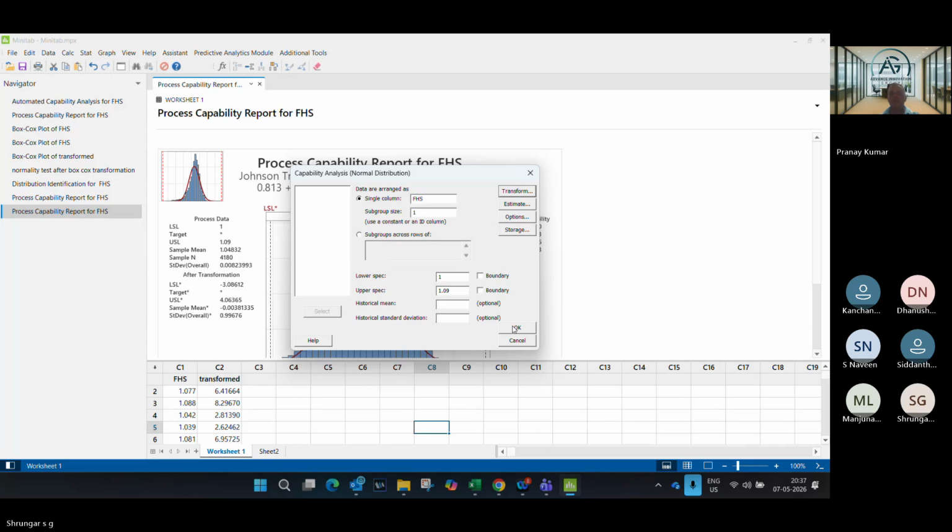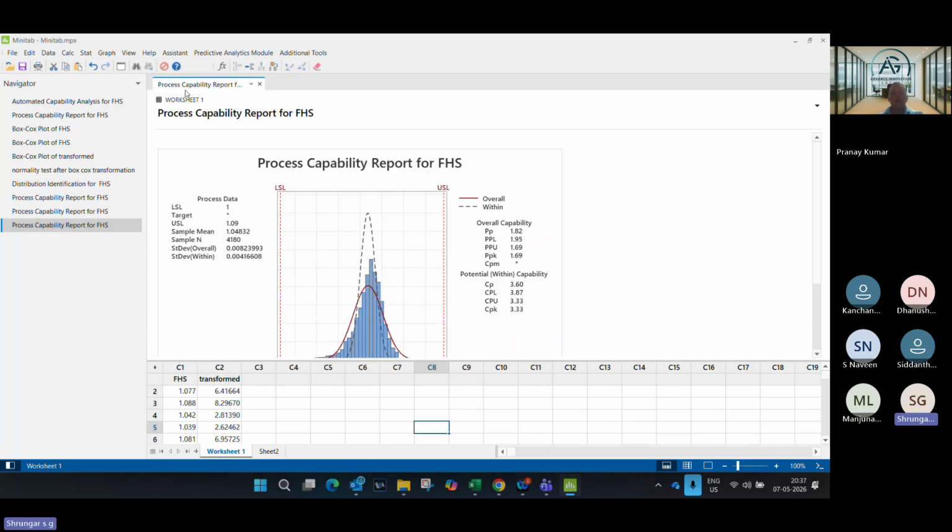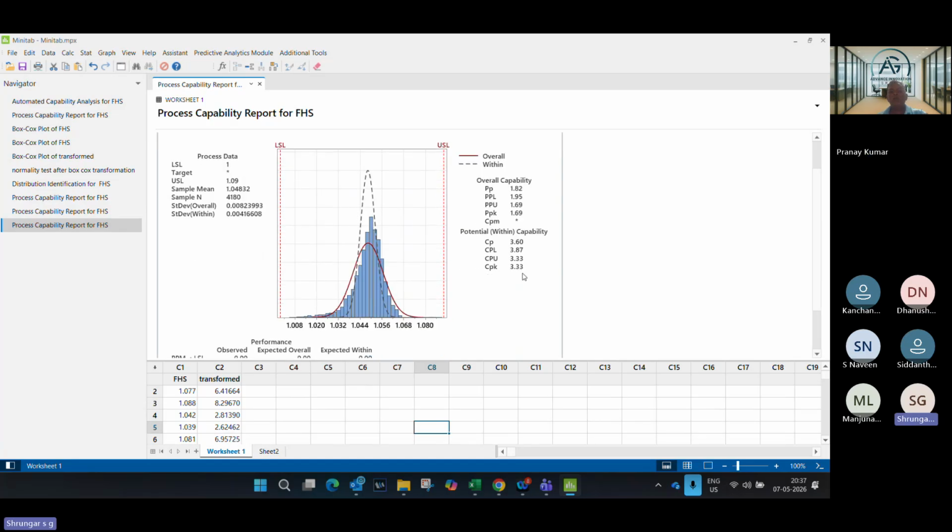If you do it by considering no transformation, it will give like this, sir. The CPK is 3.33. This is not the right way of doing it. The Z value formula will work only when data is normal, so you cannot do that. It is inappropriate. We will have to talk with the customer. The only way to improve your CP is to improve your standard deviation, or, debatably and very difficult to convince a customer, you will have to get him to change your specification.